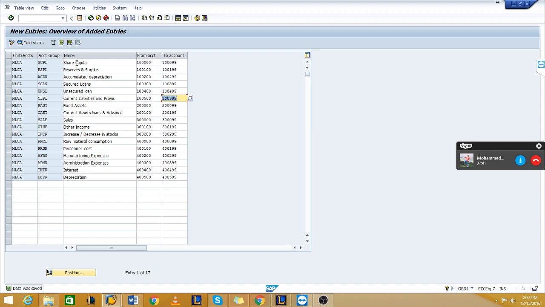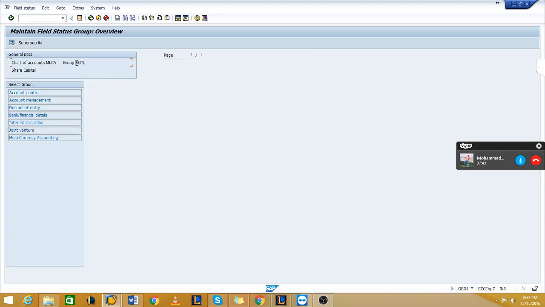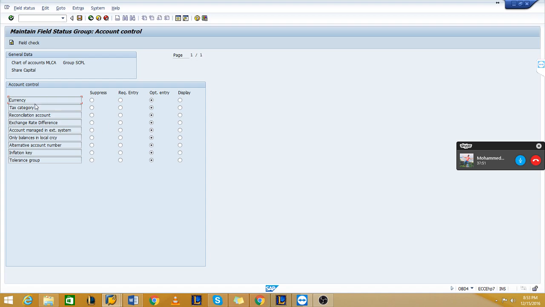If you double click on any account group, another screen opens. Here in these groups you can see currency, you want to suppress it, required entry, optional entry, or just a display button. What is this display? If you click on display, it will be only for display. You cannot make any entry in it, but it will show as a display.